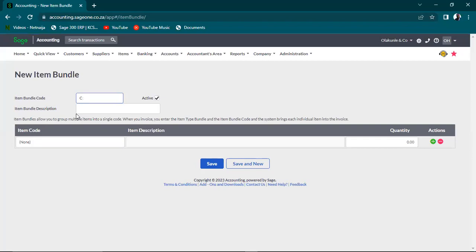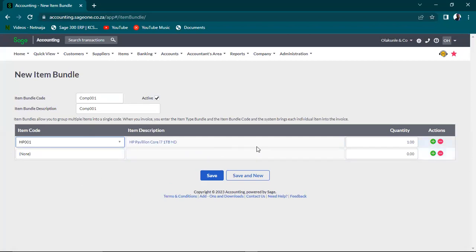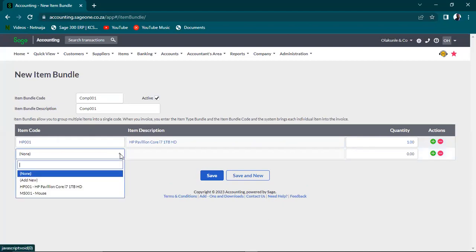computer package. It's a code bundle. So let's say comp. So the first item is the computer itself. How many quantity? One quantity. Second, it's the